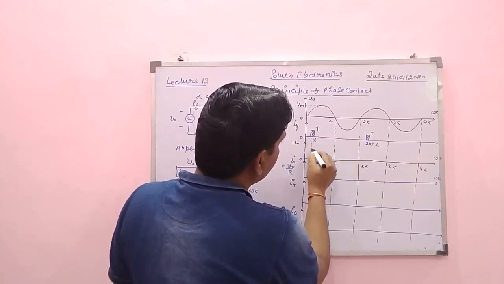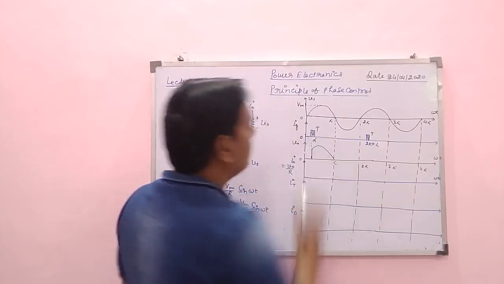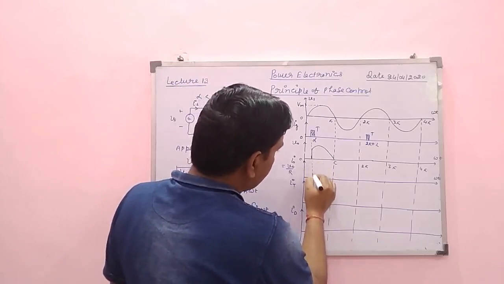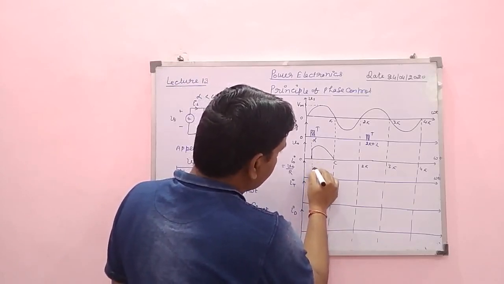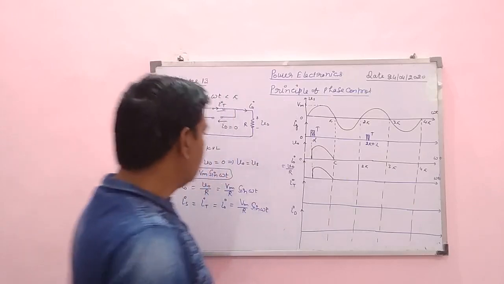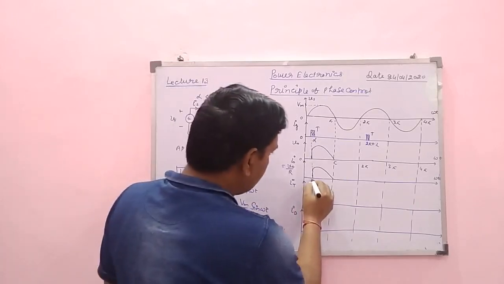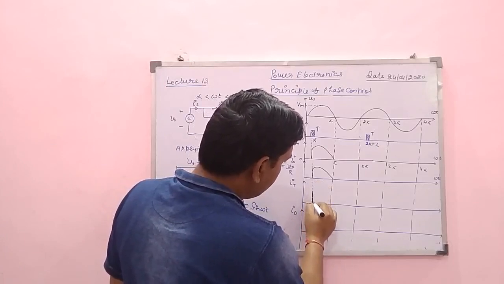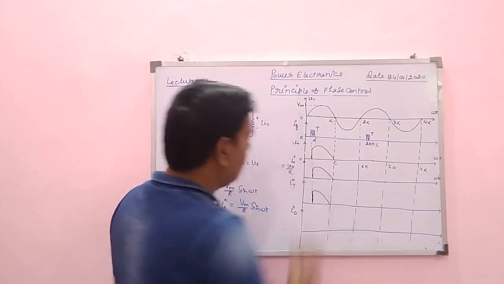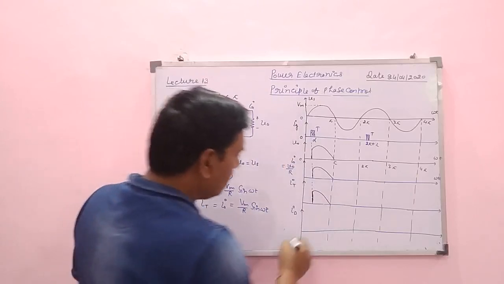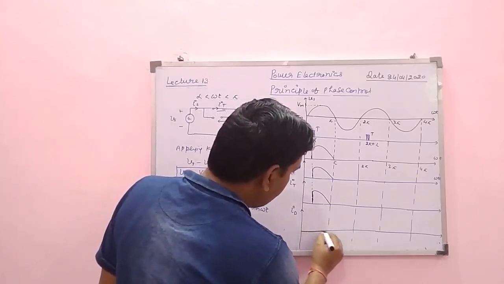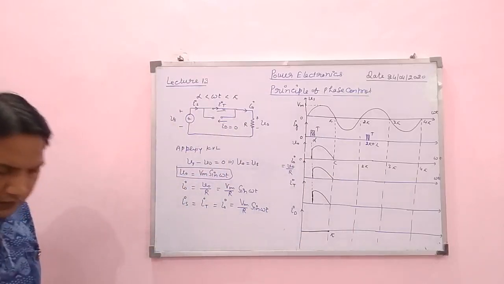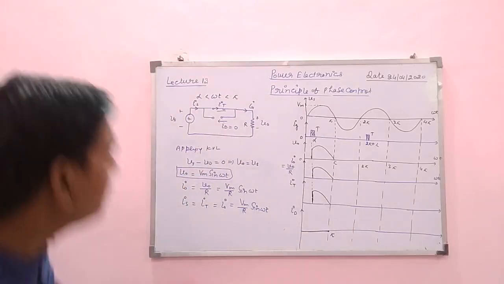So output voltage will follow the input voltage like that, and output current will be in same phase like that. That is V naught divided by R. Thyristor current is nothing but it is equal to output current, so it will be same like that. This is thyristor current, and diode current in this duration is 0. Diode current is 0 up to pi. Okay. Now during negative half cycle,